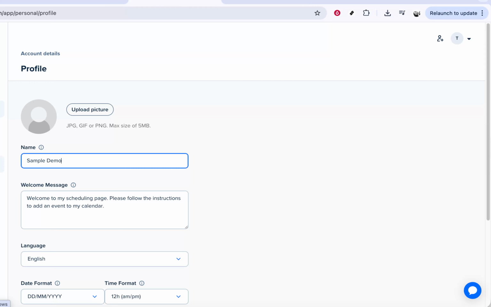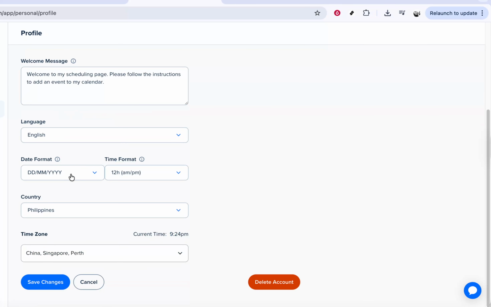Here, you can adjust your first name, last name, or both, depending on what you need. For example, you might want to correct a spelling mistake, update your last name, or simply change how your name is displayed to invitees. Take a moment to make sure everything is typed exactly how you want it to appear on your scheduling links